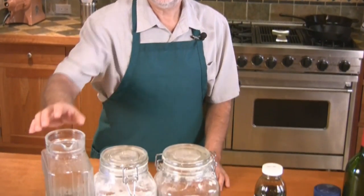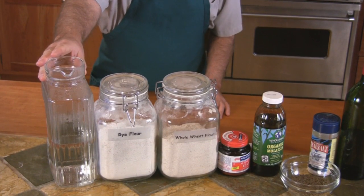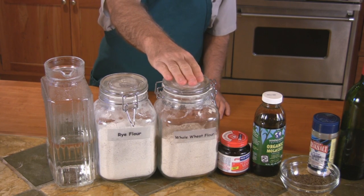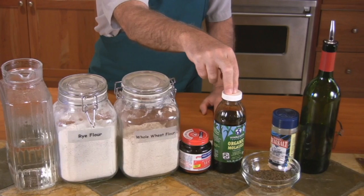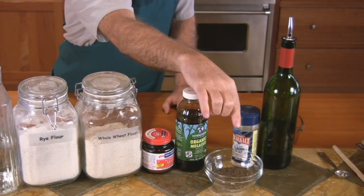The ingredients you'll need for this bread recipe are 4 cups of hot water at 115 degrees. You'll need about a pound and a half of rye flour, a pound and a half of wheat flour. You'll need approximately 2 teaspoons of active dry yeast, a 1/4 cup of molasses, a 1/2 cup of caraway seeds,